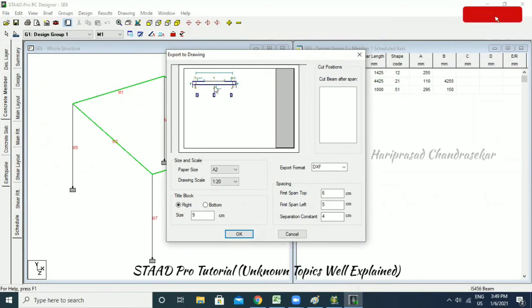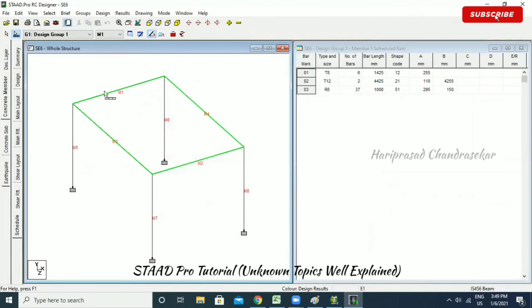You can go for edit and you can send it to the workplace or a site. You can send it to site. This thing you can go for PDF or a DXF. Only DXF option we have. Paper size and everything, and you can check and you can go for OK. Otherwise, you can just double click, that you can do there also.